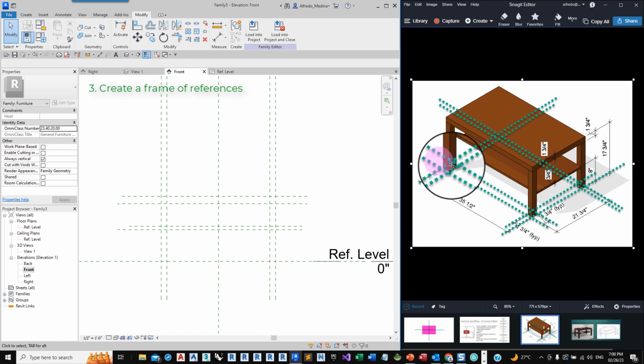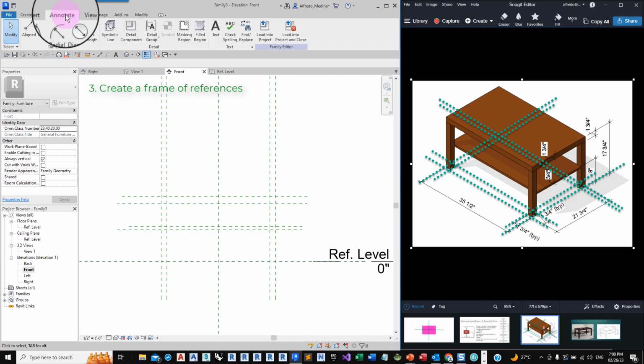Now, does the thickness of the shelf need to be parametric? I don't think so. It can, but I would say no. Does the thickness of the top board need to be parametric? Maybe not, right? So we can put locked dimensions for those two things like this.